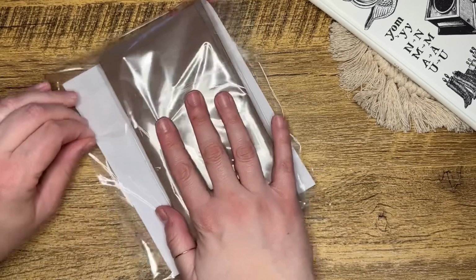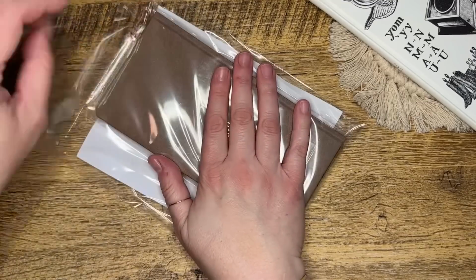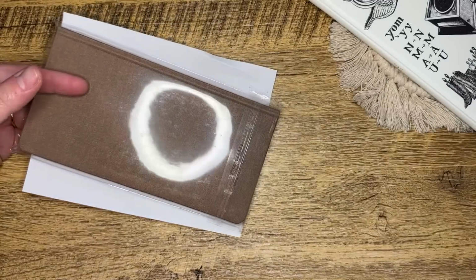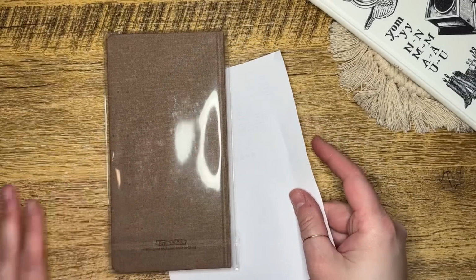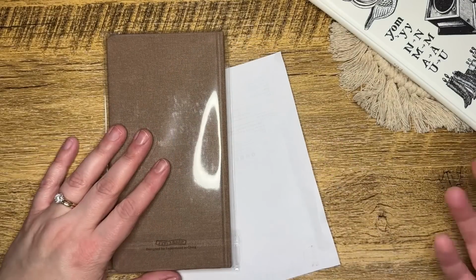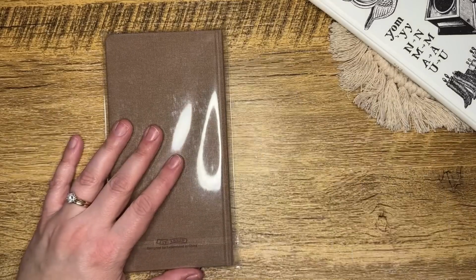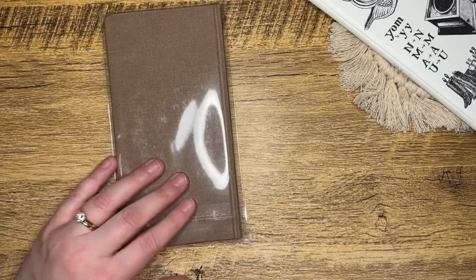I apologize for this glare, but I wanted it to be like a true unboxing. My first reactions and all of that. So I got to deal with this first. I couldn't spin it the other way so that you could see because there was no way to move my address. I have my address in several places on this piece of paper, so it wasn't going to work. Okay, so this